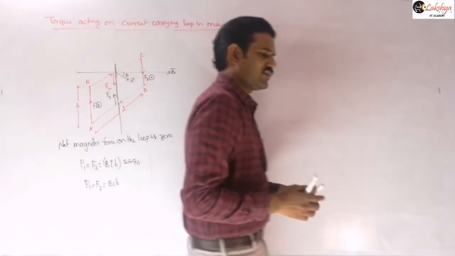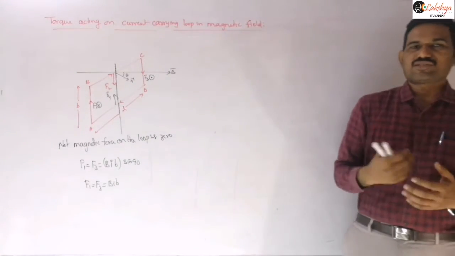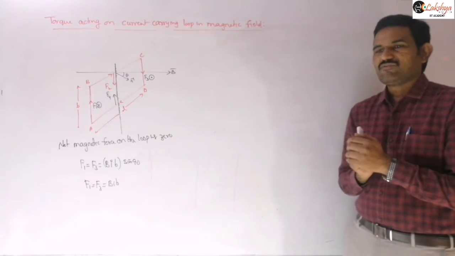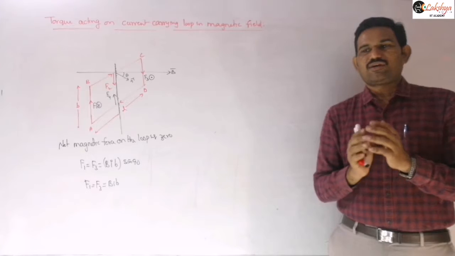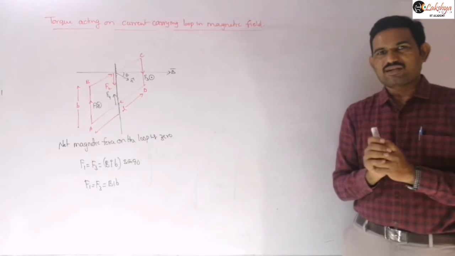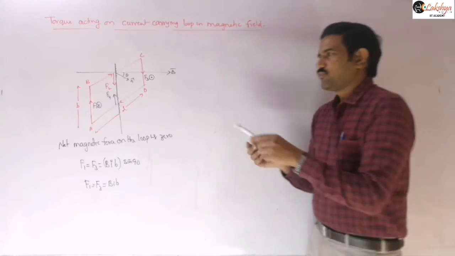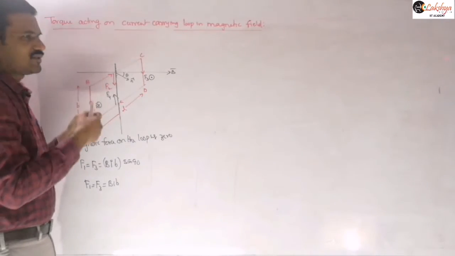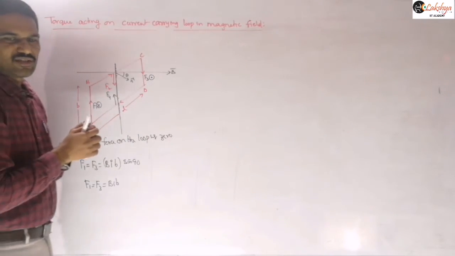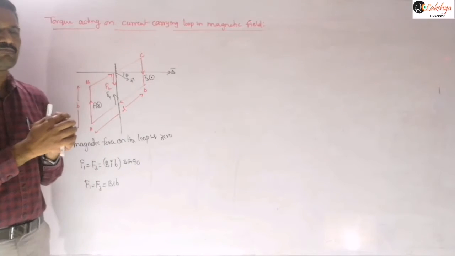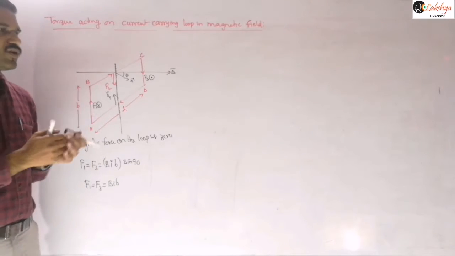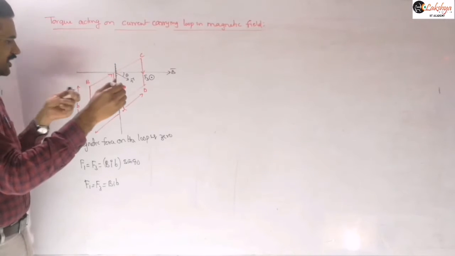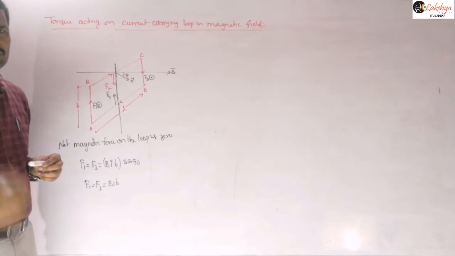Now if we observe, those two magnetic forces F1 and F3 will produce some torque, and that amount of torque we need to calculate. Is it clear? This force is acting out of the plane; this side we are pulling like this, and this side we need to push like this. So the magnetic forces are equal in magnitude and opposite in direction. One force is acting out of the plane and the other force is acting inwards.